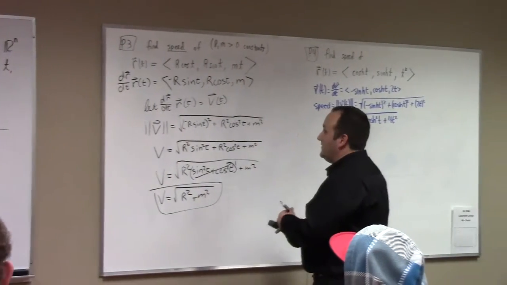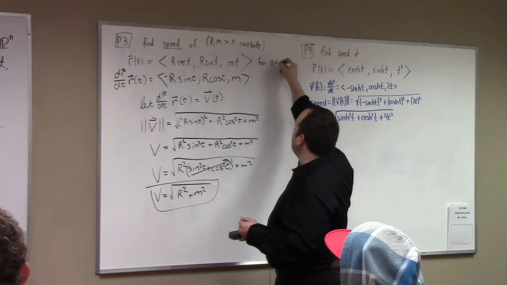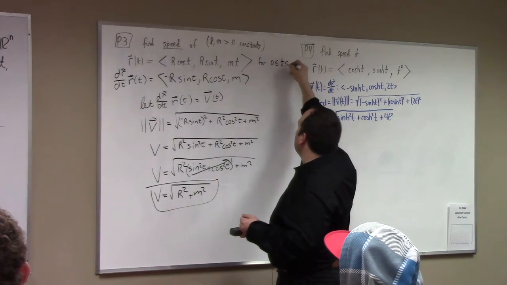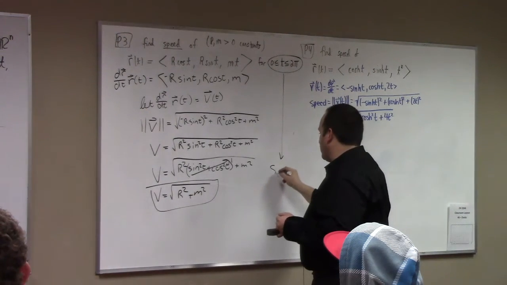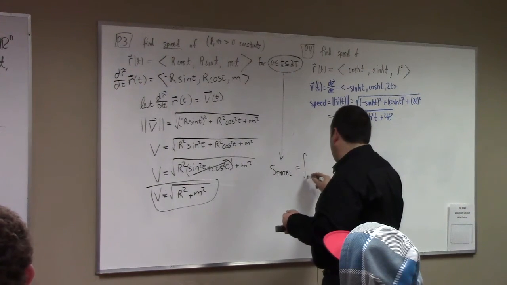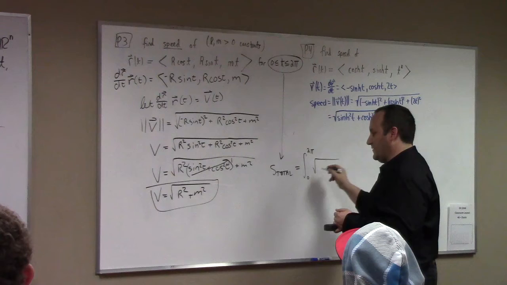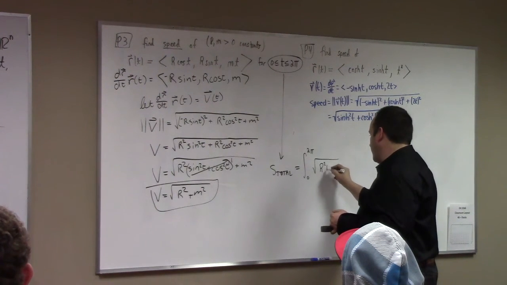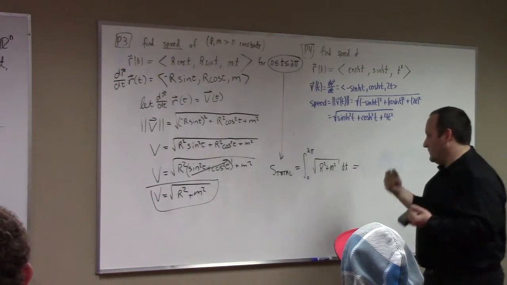this helix. For the helix, let's add some fine print: for 0 less than or equal to t less than or equal to 2 pi. Then the total arc length is what? The integral from 0 to 2 pi of the speed, which is what? You guys worked it out already. Square root of r squared plus m squared dt,